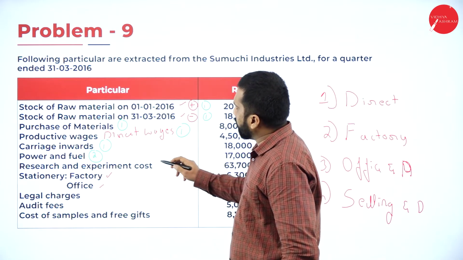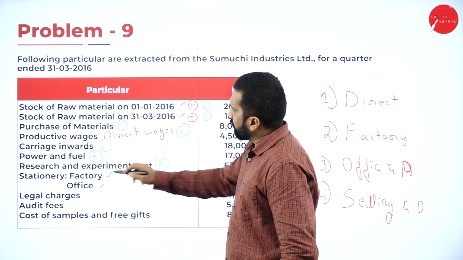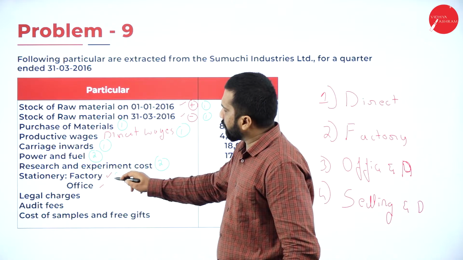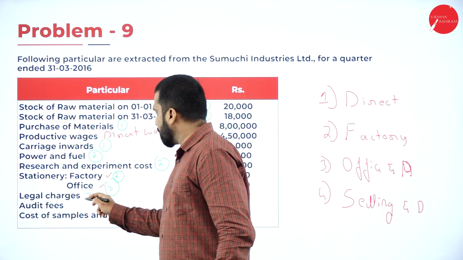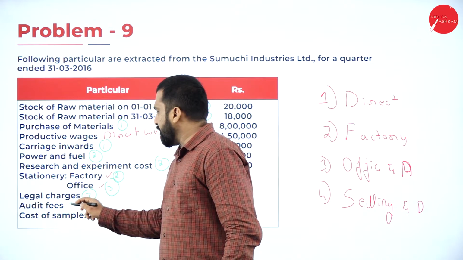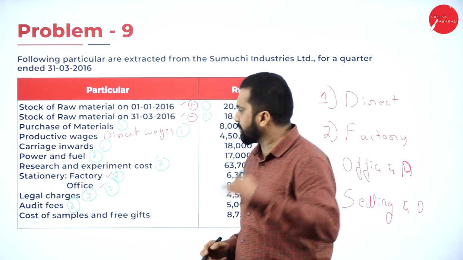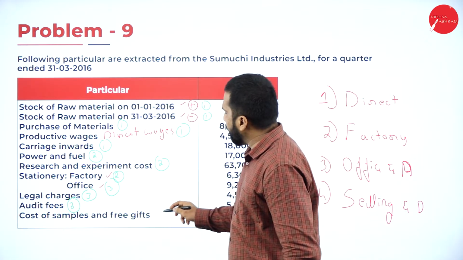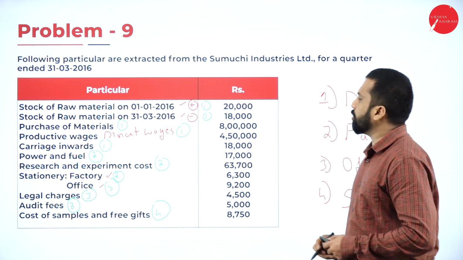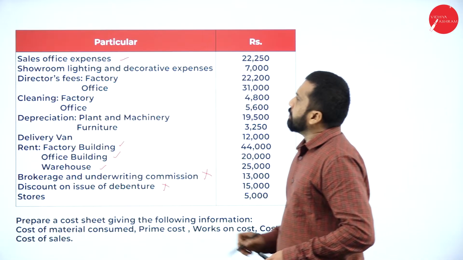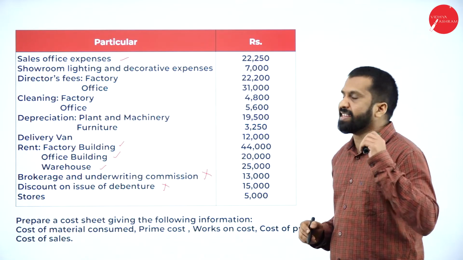Research and experiment will go to 2. Stationery of factory 2, office 3. Legal charges 3. Audit fees 3. All legal charges and audit fees come under office. Cost of samples and gifts we give during sales is selling and distribution. And sales office expenses